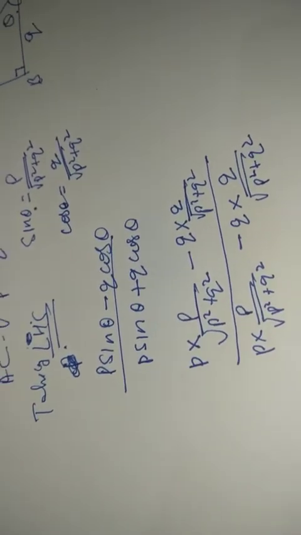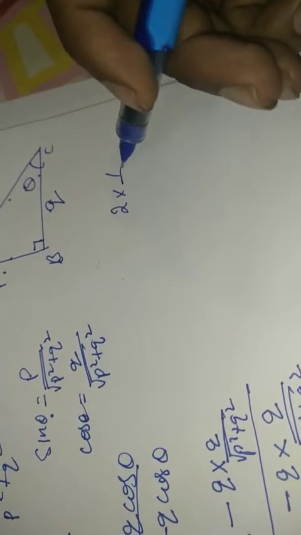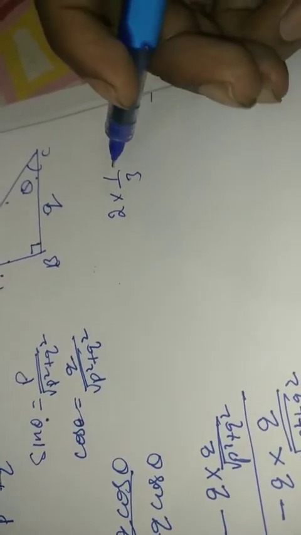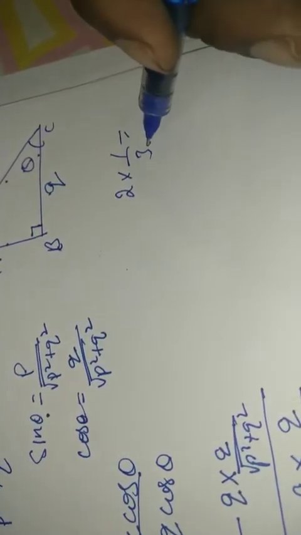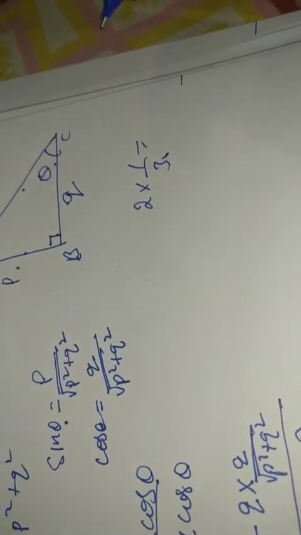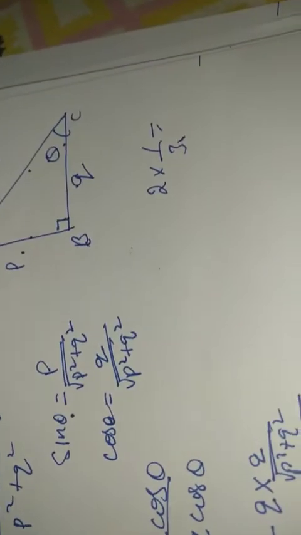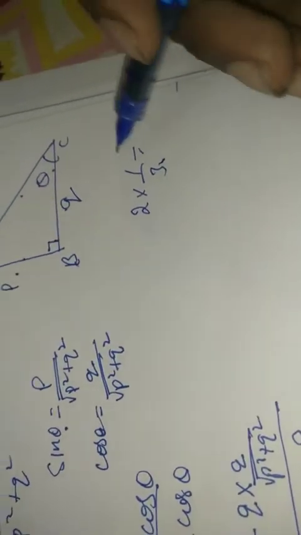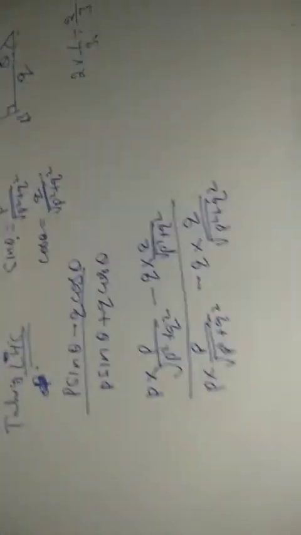Now like we normally solve any particular fraction, suppose we are having 2 into 1 upon 3. What do we do? We multiply the numerators, we don't multiply numerator and denominator. Had there been terms that could be reduced from both numerator and denominator, then we would have to cancel them. But we are not having any such term, so we'll just simply multiply the numerator. So it will be 2 upon 3. That is what we are going to do over here.